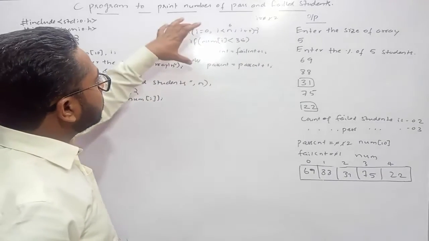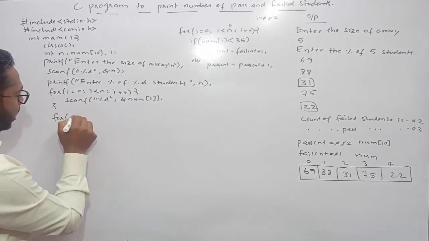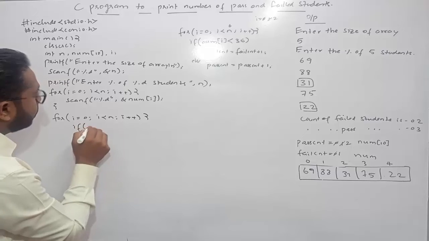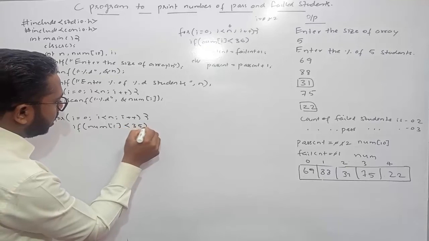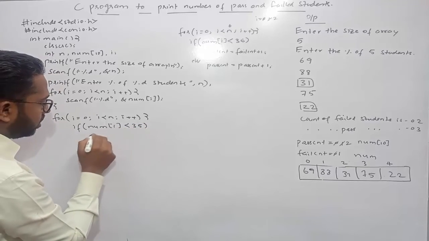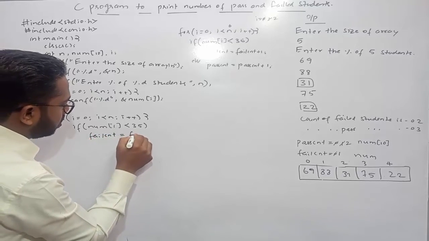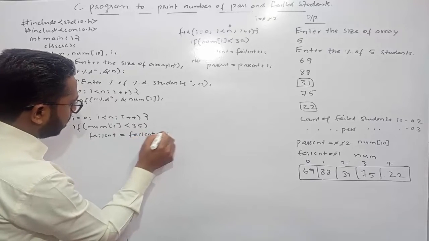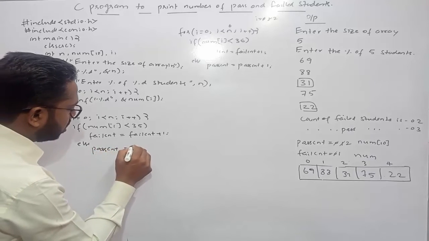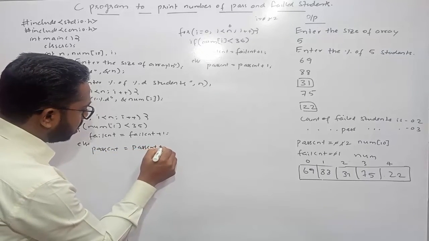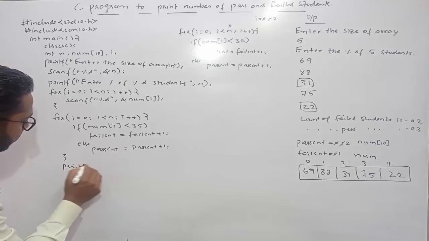Okay, now I need to check this condition one by one with each and every array item. For i equals 0, plus, if num of i is less than 35, then I should increment fail count. Fail count is equal to fail count plus 1, else pass count equals pass count plus 1, bracket closed, and then at the end I need to print pass